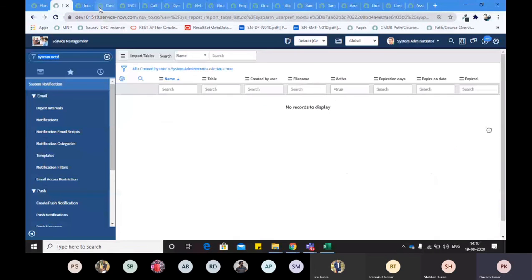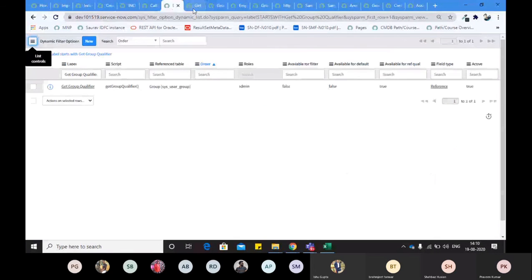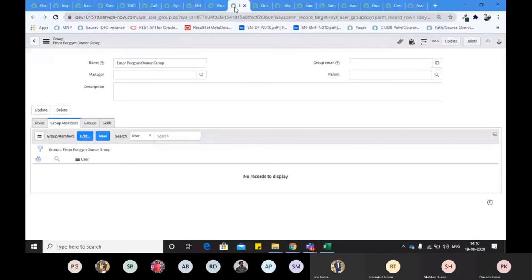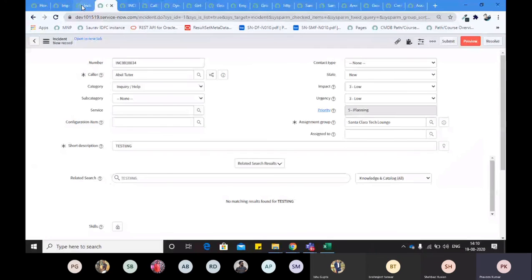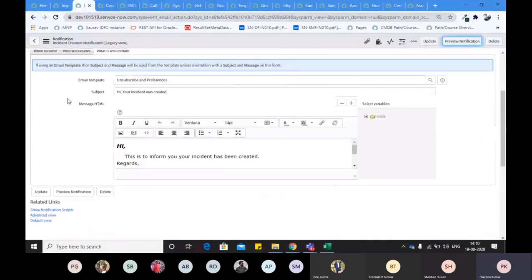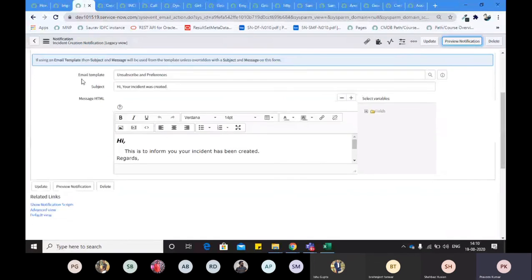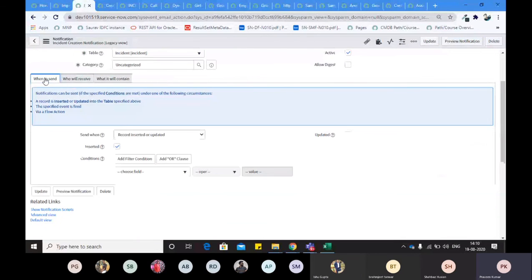One minute. Here is my email notification. Yes, this is a notification, right? So what I do, I create a notification, attach a table to it. I give all the fields, what should be the body, who will receive it, when to send, right?